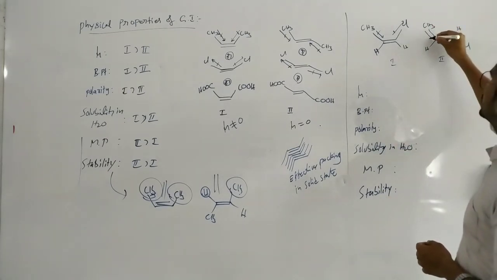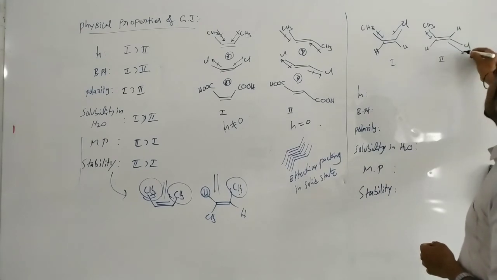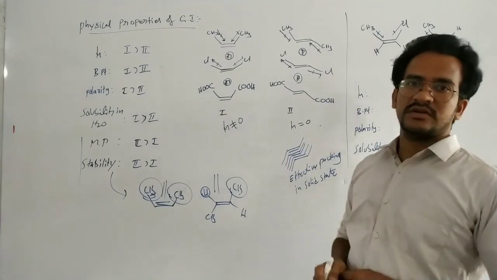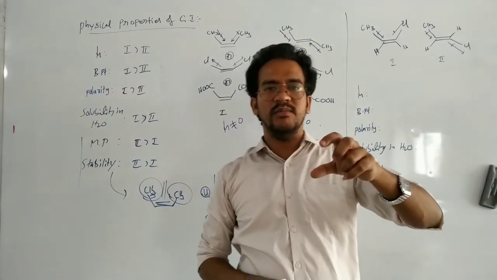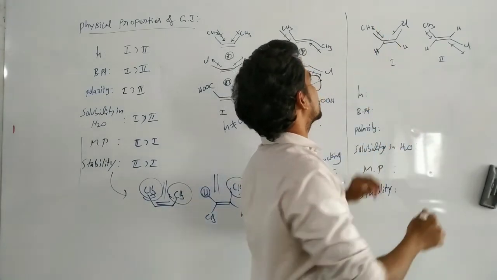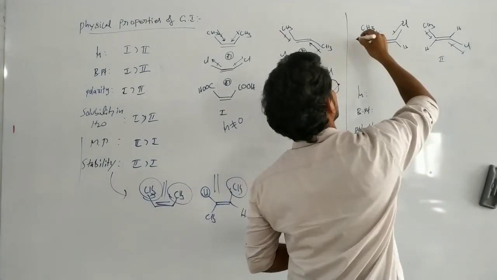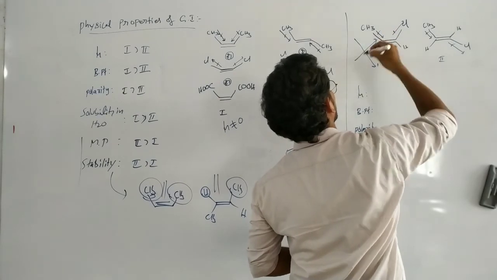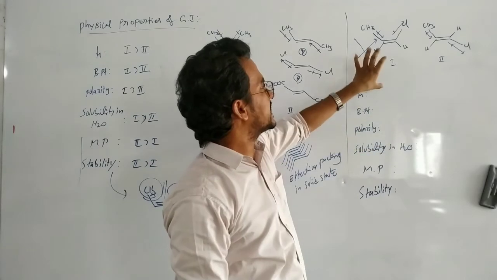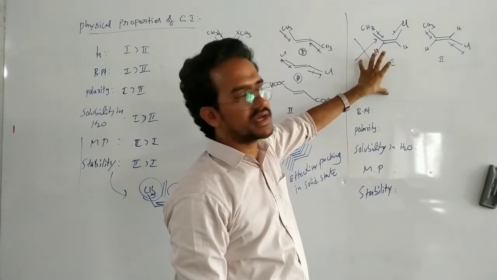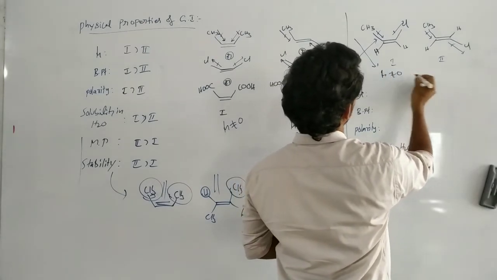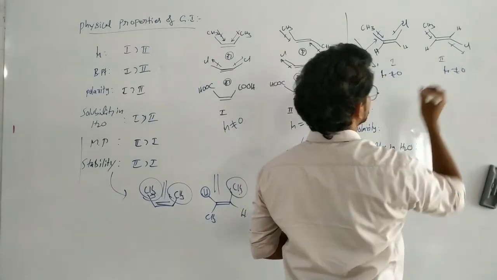Now in this case again it is towards the sp2 carbon, here towards chlorine. That means the directions of both bond moments are in one direction. So here addition takes place. But in this case the direction is different: one bond direction here, one like that, but not exactly opposite direction. So in this case mu is not equal to 0, and in this case also mu is not equal to 0.